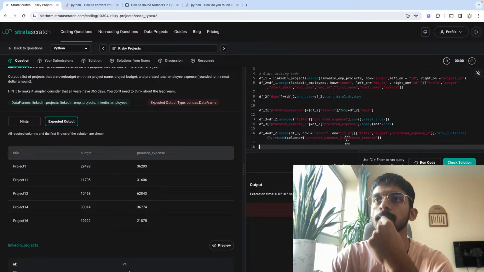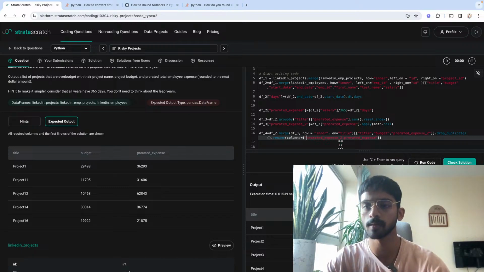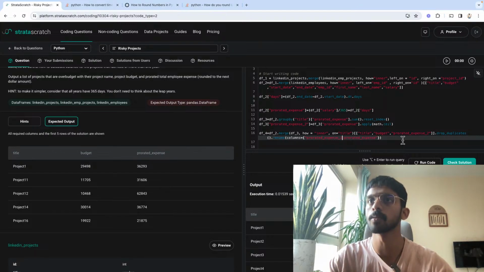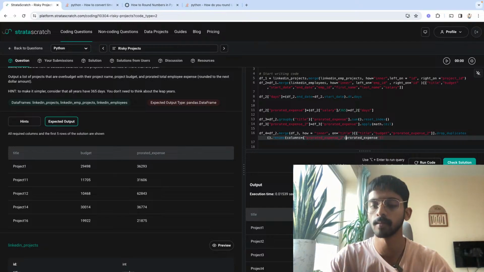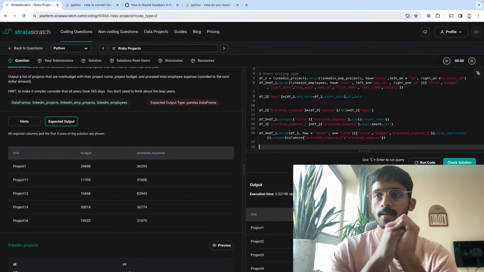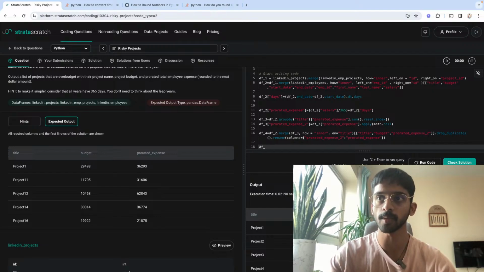Why is that? This works fine. Oh. Yeah, okay. All right. Now we just need to select the cases where prorated expense is